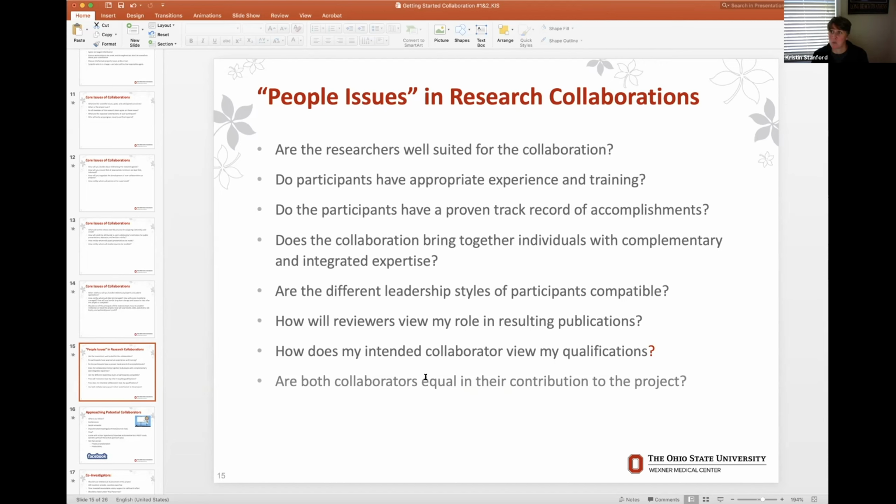up front to say, this is what my lab is going to do. Make it very clear that you see yourself on equal footing as them. I think the leadership styles comment is very important. I manage my graduate students and postdocs differently than some of my colleagues. My lab is